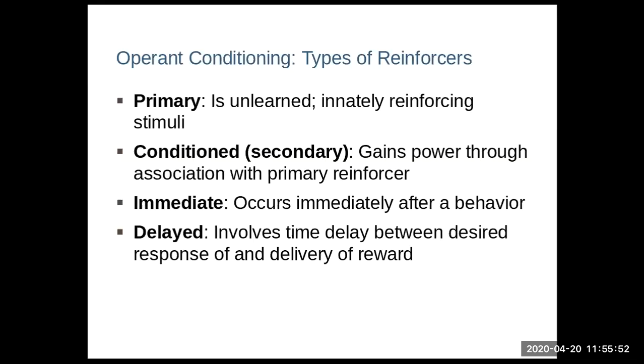Or we have a secondary reinforcer, which we call conditioned. When we think about classical conditioning, think about the bell. The bell doesn't mean anything from the last lecture until it is paired with food. Once you pair it with the food, it becomes a conditioned stimulus, right? It goes from neutral to conditioned. So it gains its power through its association. In this case, when children are born, obviously,